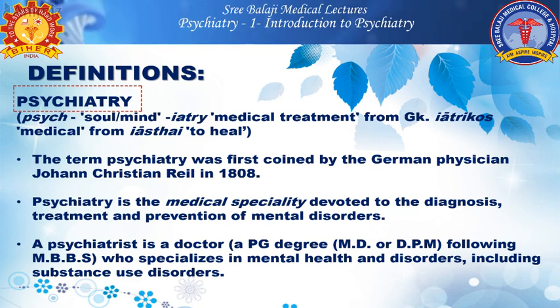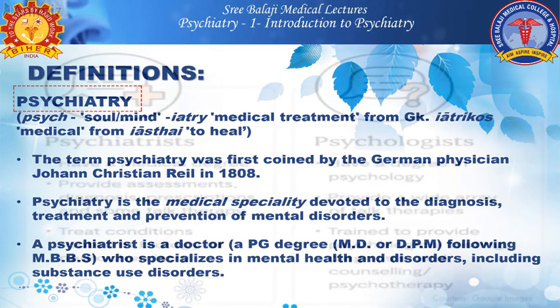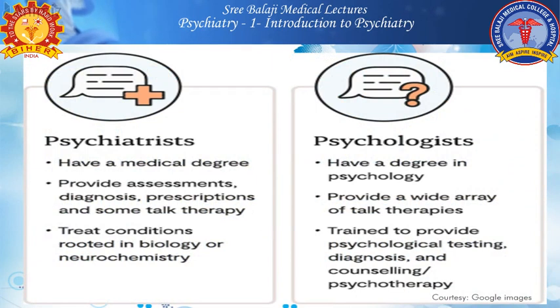Psychiatrists, psychologists, psychotherapists, counselors, and social workers are all mental health professionals, but they don't approach and treat mental health in the same way. So, what exactly is the difference? A psychiatrist is a doctor who has completed his MBBS course, has undergone training in the treatment of physical illnesses, and further specializes in mental health, diagnosis, and treatment of mental disorders by completing a post graduation degree, either MD or DPM, in psychiatry. As a doctor, he is qualified to prescribe medications, request for lab investigations or brain scans,